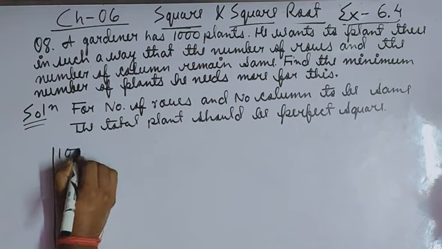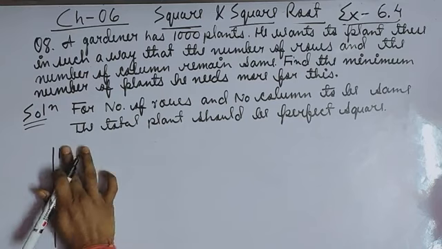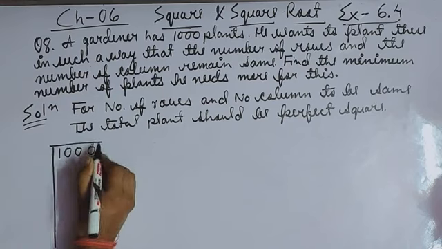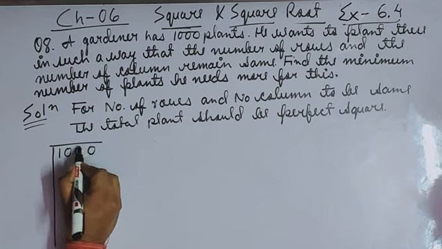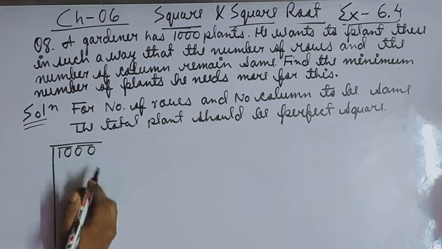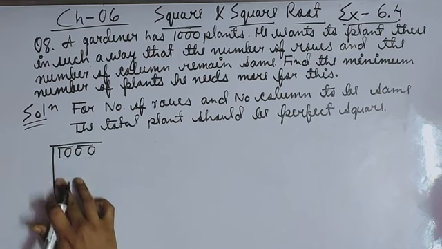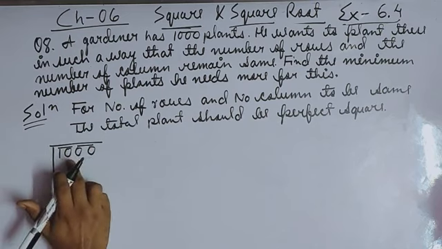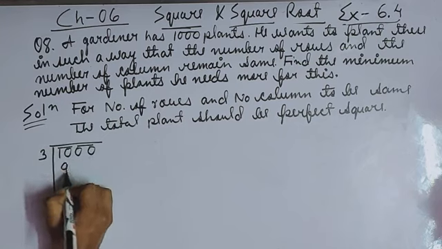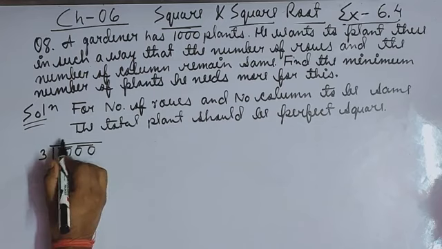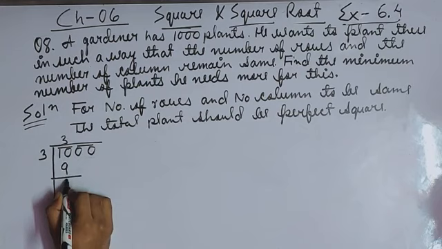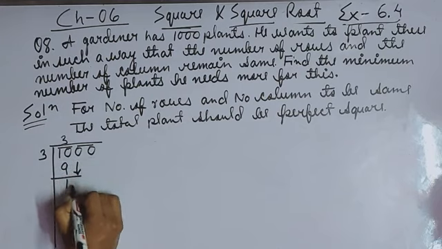So we take this 1000. What will we do now? We start making periods from the right side. So one pair of 2 digits is made, then one more. Now we have to think of a number whose square is either 10 or less than 10. There is the square of 3, which is 9, when we multiply 3 by 3. So 10 minus 9 is how much? We get 1, and